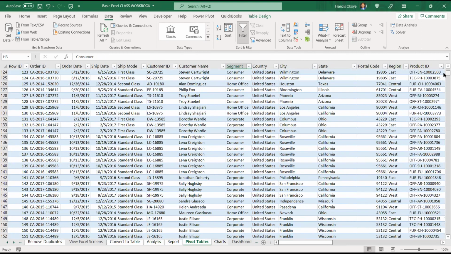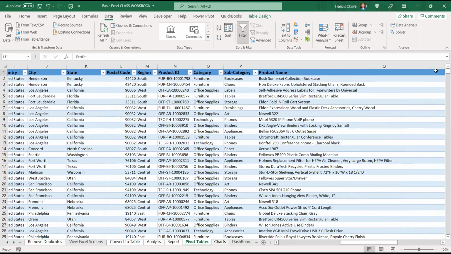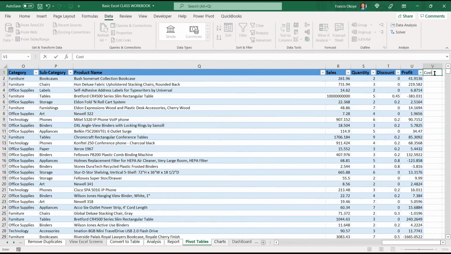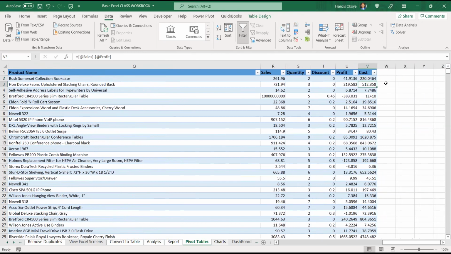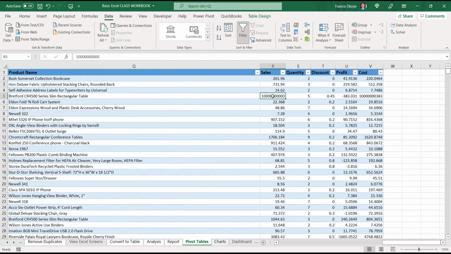So if I come here and add, let's say, cost. Can you see that flash fill symbol is already there? If I say cost is equal to sales minus profits, once I do one, it does everything. What does it do? Flash fill for you. So what you have embedded in your table is a flash fill. Did you get that? So that is the flash fill.